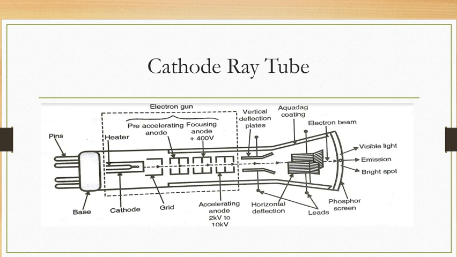But before studying that, let us see the basic working principle of this cathode ray tube. Okay, so if you see this cathode ray tube, it has an electron gun, and this electron gun generally produces an electron beam, and this beam is narrow and is allowed to pass down the tube and fall on the screen over here. Okay, the screen is formed by the flat end glass tube which is coated with a fluorescent material like phosphor. Okay, and the point at which this electron beam strikes, the spot is formed over here.